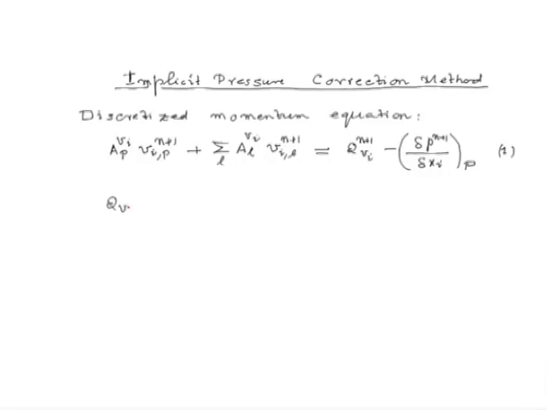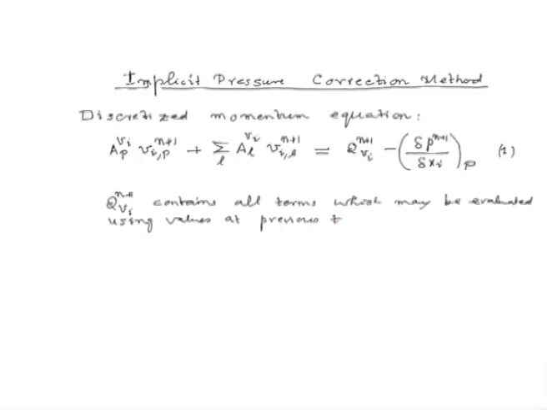So, this Q_{V_i}^{n+1} contains all the terms which may be evaluated using values at the previous time step, that is our known values,